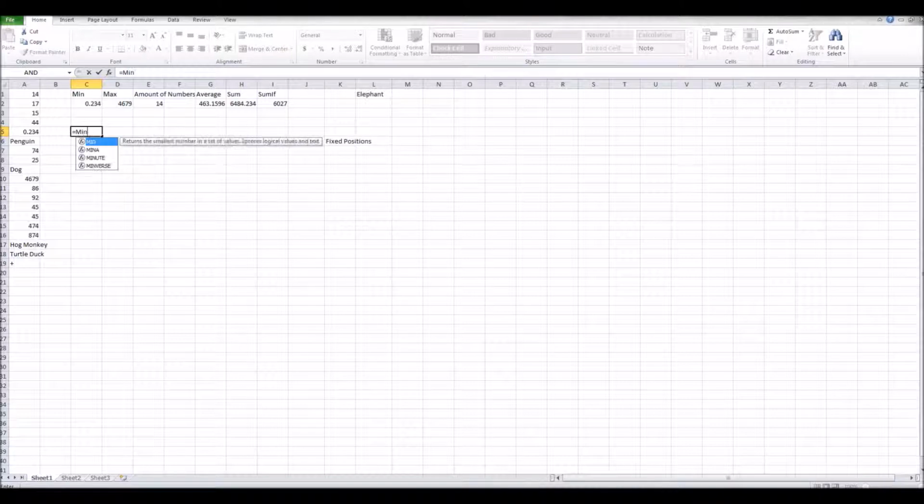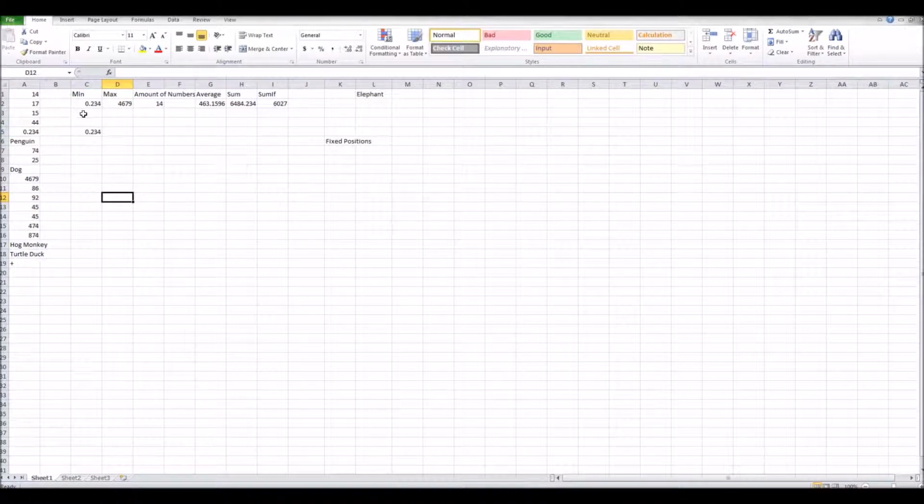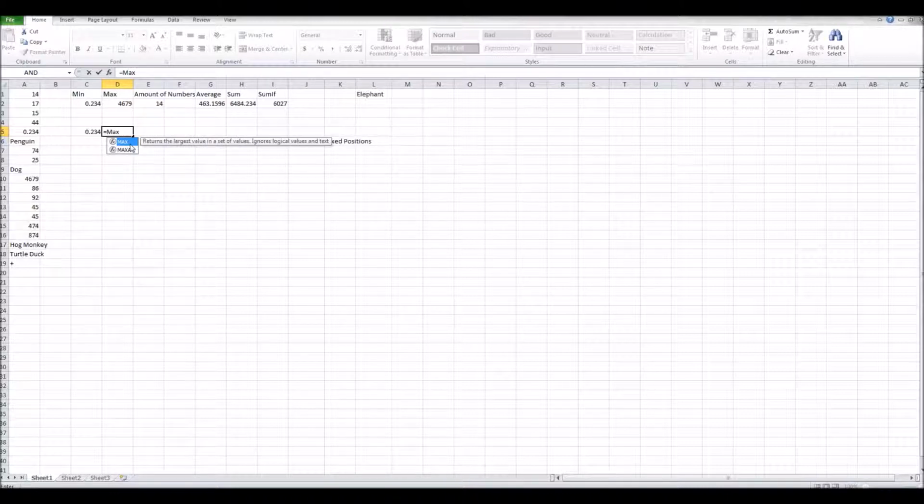So you go min, and then you select your region. So A1, you can type in not A21, but A1, and you drag it down. That way it selects both, and you don't have to type it out, and it gives you the minimum one. And notice it also excludes any text, so that's good. And same for max,